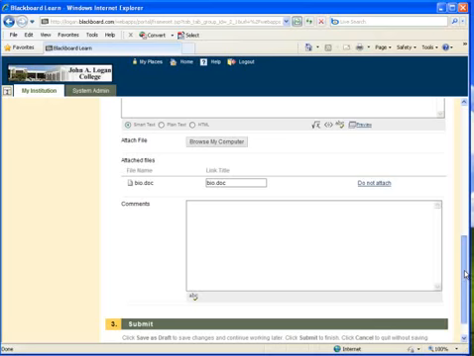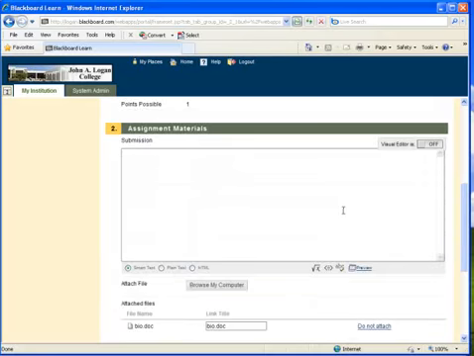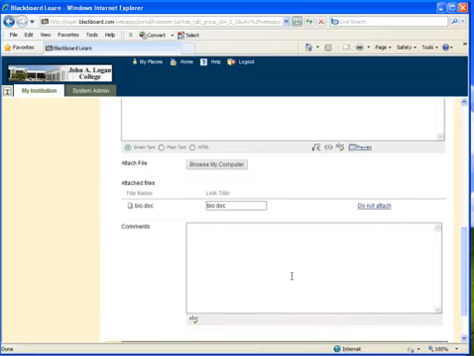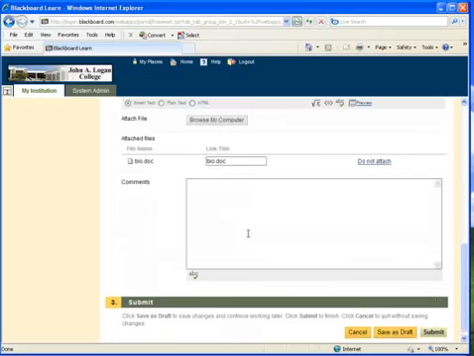You can attach multiple files if you need to. And then I've got a place where I can put in comments to the instructor. Typically, the difference between the submission text box and the comments box is if you needed to post a brief paragraph or something, you would type it here, and then you would put any comments that you wanted to go with that submission down here. And once again, once you put your document in here, you could put in a comment like, is my paper